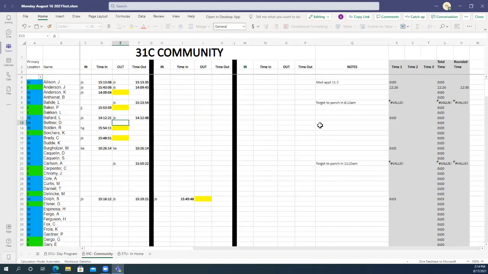Okay, so then another part that I'd like to show is that when you're in here, you're going to be able to see when someone else is making a change to the sheet that you're on. So I'm on my tablet and I'm just going to open it up. So when you open up the program here and you're going to see the files, it will open up a file for you right away, and it looks like it's an Excel, but you're going to see that there's a